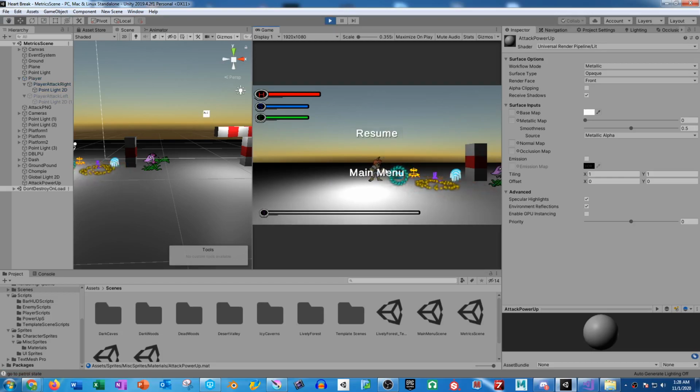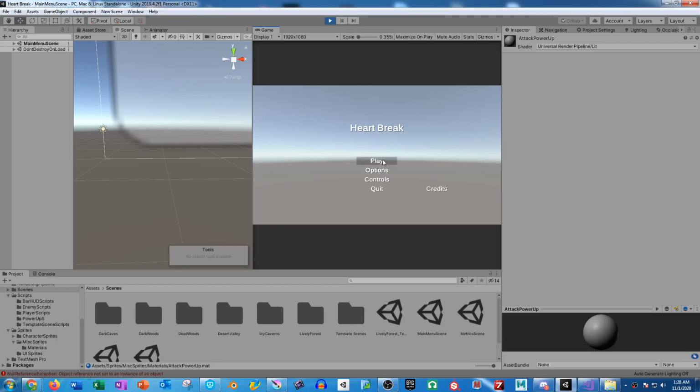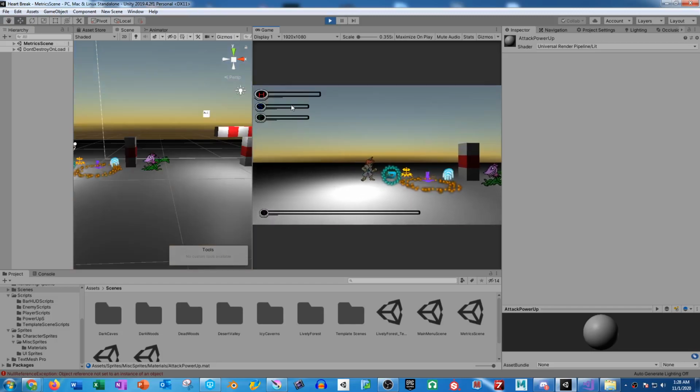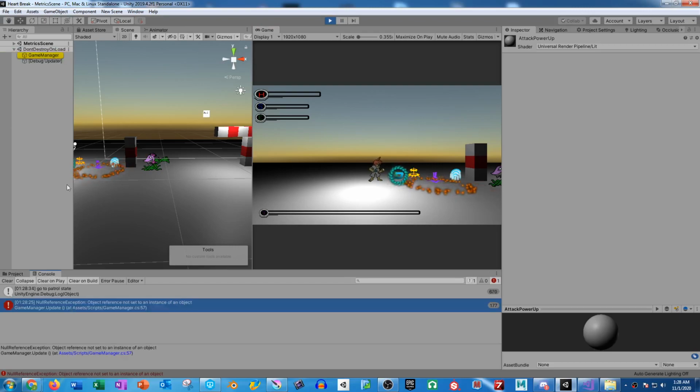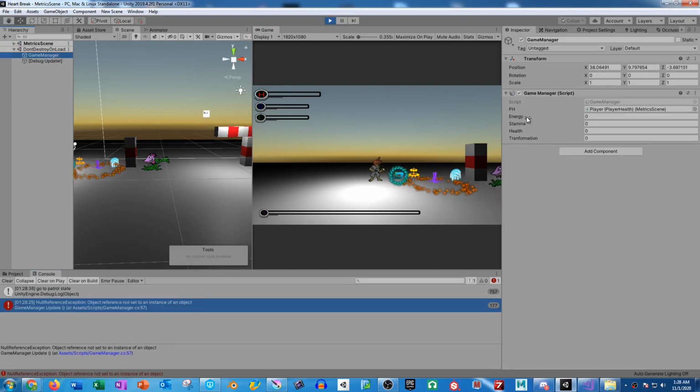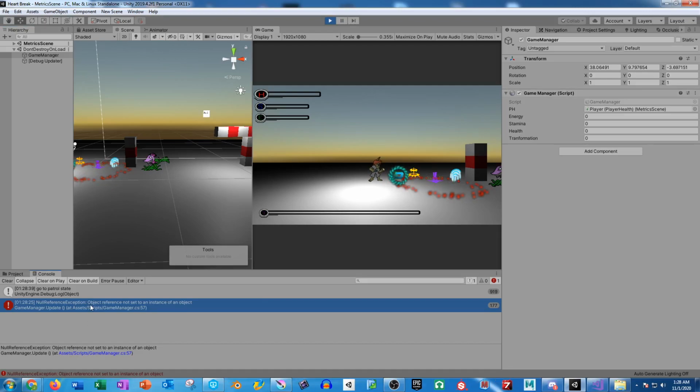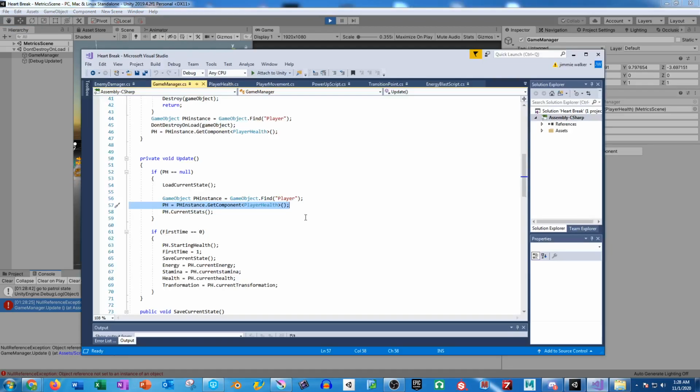We hit resume. Okay, that works. We hit main menu. Oh, okay, that looks good. We'll go ahead and go into play. Hello? So we also get a null reference exception error. Let's go ahead and take a look at this. We'll see in here, what is the null reference exception? Something inside of update. So I don't know why we're getting that reference exception, because if that equals null,